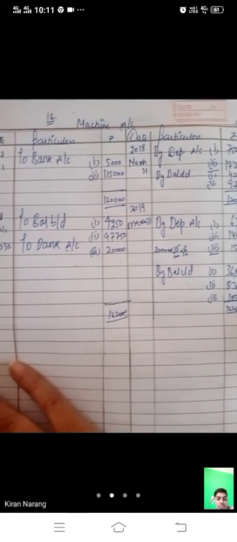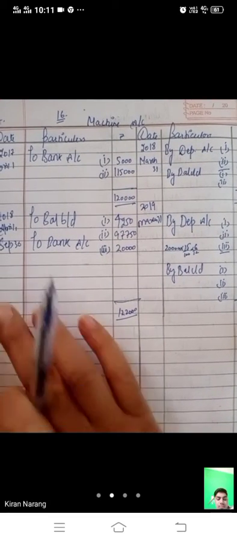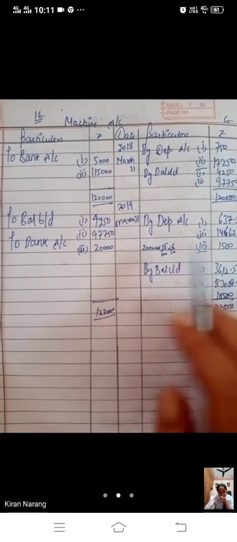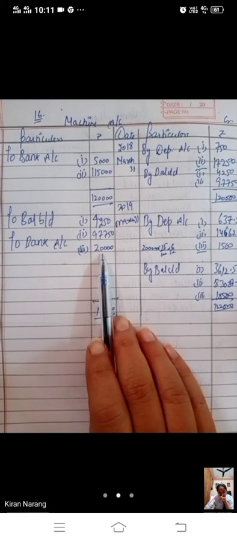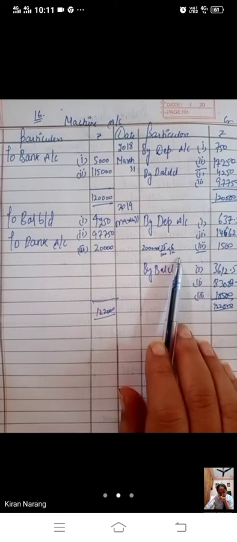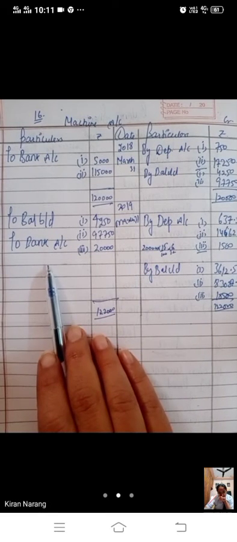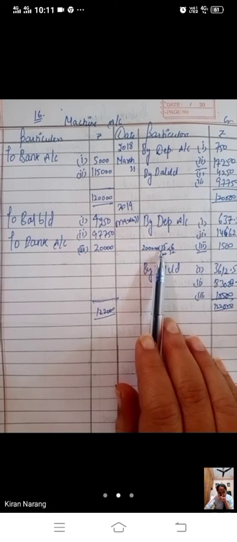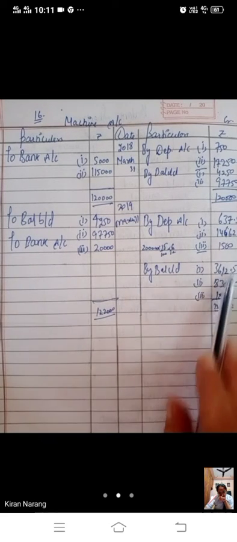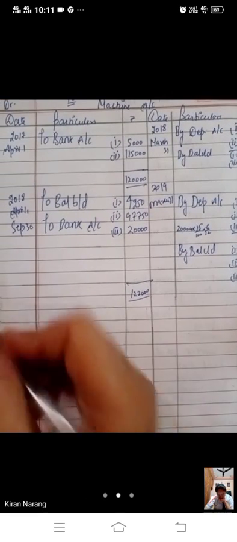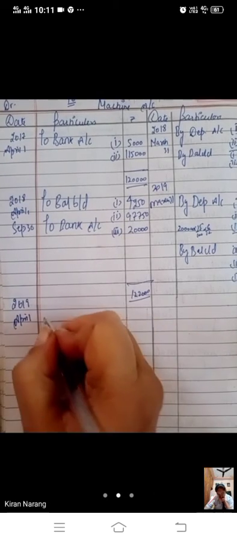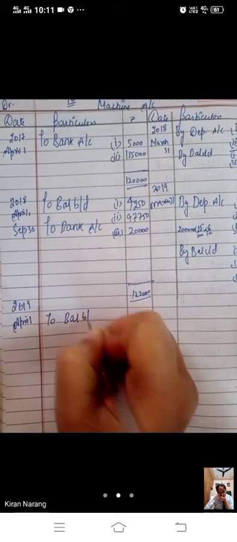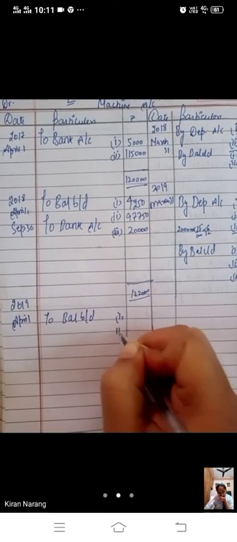One more machine we have purchased on September 30. Now you are having 3 machines. 3 depreciations you will charge. 15% on these 2 values, and on this third machine you will charge 15% for 6 months only, because you have purchased after 6 months. So you have used only from October to 31st March only for 6 months. So you are having 3 balance CDs now. This is the last year of the question, 2019 April 1. 2 balance brought down. 3 machines you are having, bache.